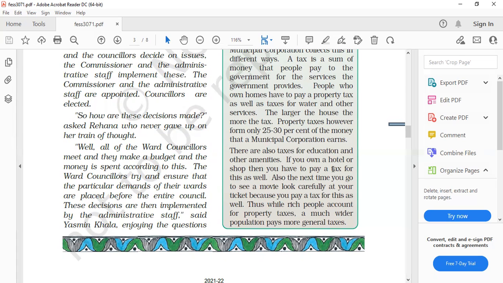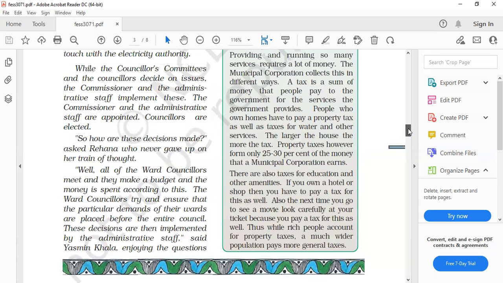Remember the question. Earlier we discussed the role of municipal corporations, and next it's a joint question and it's a long answer type question. So you can get a 2+2 question for this, and the question is what tasks are performed by the municipal corporation and what is its source of income for performing those tasks. So the source of income is the tax. So remember that. In the above, you will find that the municipal corporation collects the money, which they spend to solve all the problems, through tax.